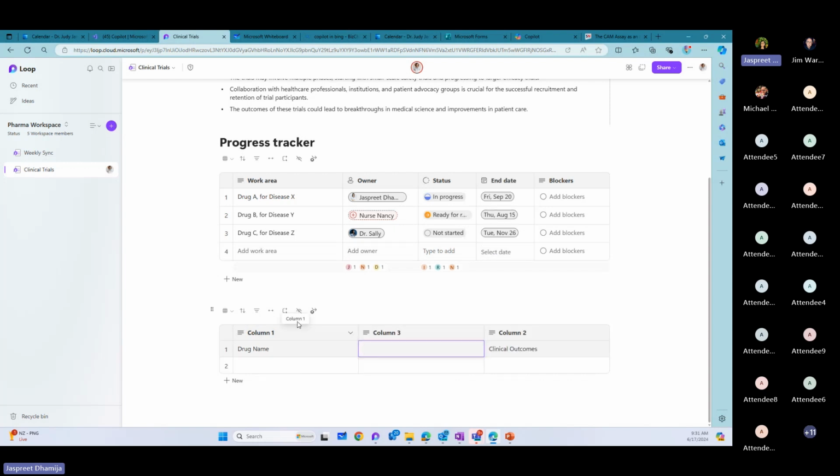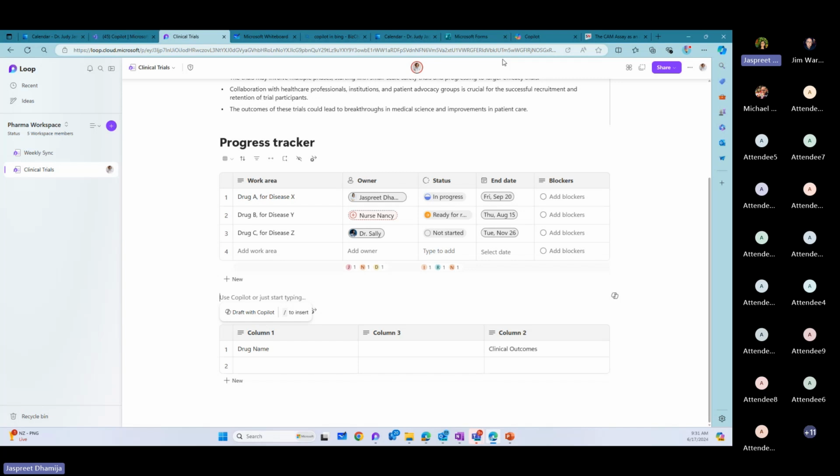But once you do that, again, you can go in here, share this whole page or workspace with your team, and they'll have access to come in here and start editing this along with you. Or you can go in and attach this within a Teams chat, and they can access that from there too. So just wanted to show that. And now moving to the last one here. So we showed you a couple of different ways to search the web for PubMed articles